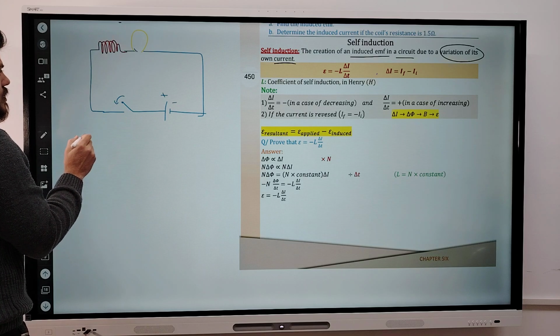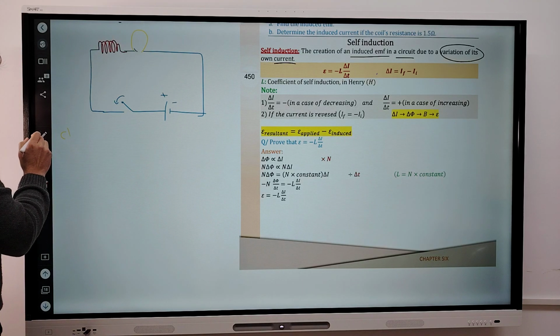Look, when we close the switch, in the case of closing the switch,